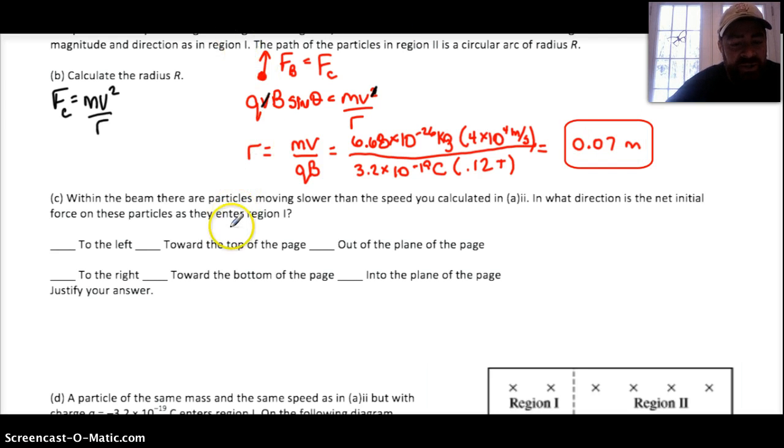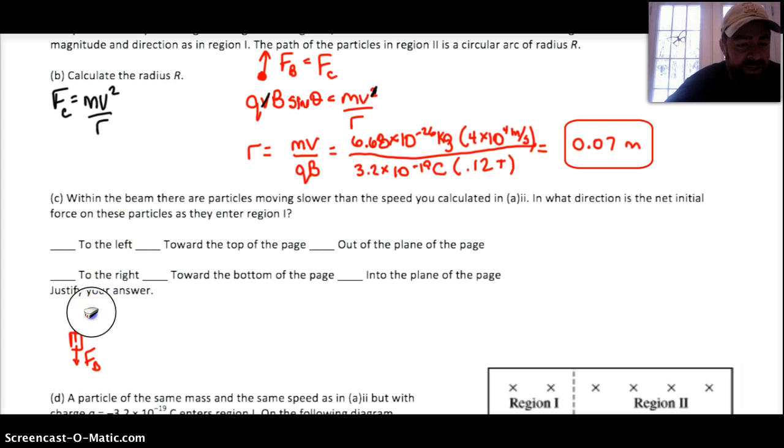Okay, the next question then goes on and says, within the beam there are particles moving slower than the speed you calculated in A part 2. In what direction is the net initial force on these particles as they enter region 1? If they're moving slower, then the magnetic force changes. So let's go ahead and draw that. Let's remember, if it's got the same charge, then the upwards electric force, F sub E, is the same, but the magnetic force, F sub B, goes down. So,